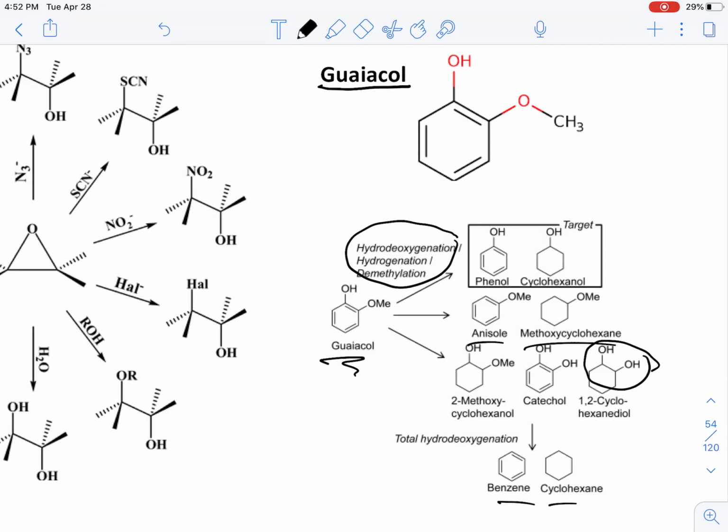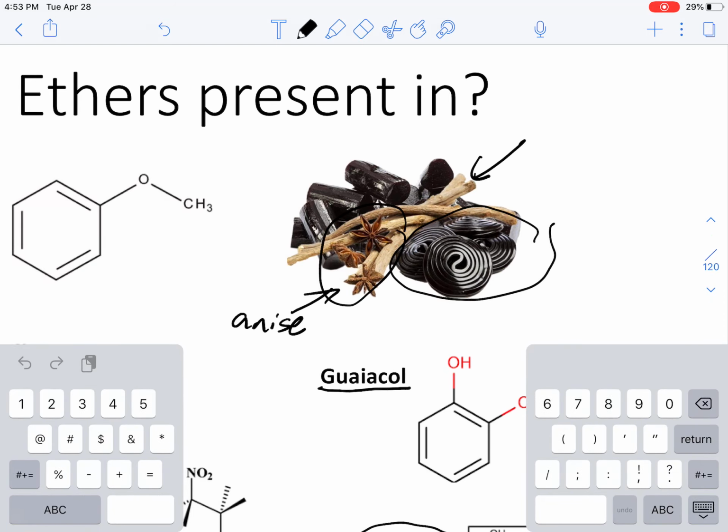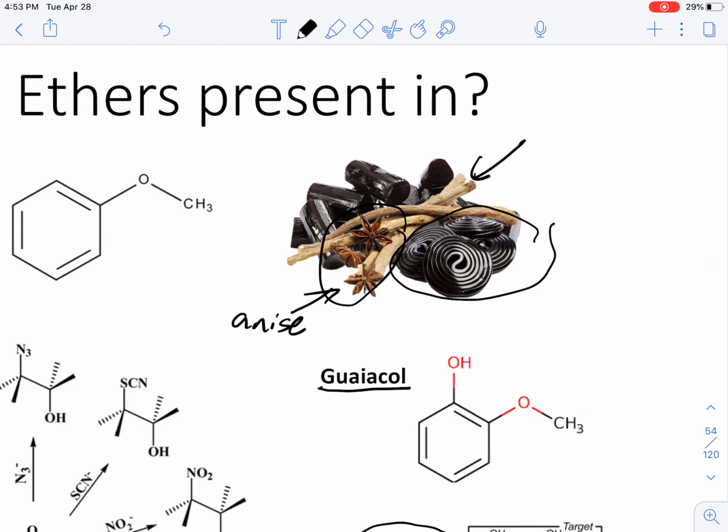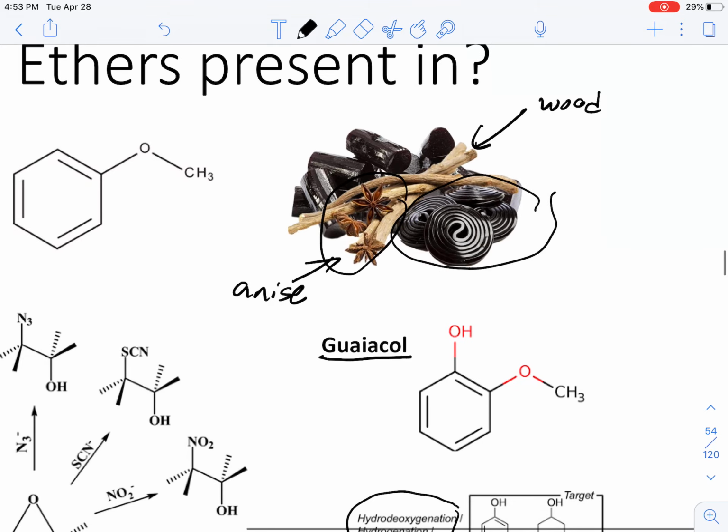However, the aromatic oil is derived from a specific wood. It's guaiacum wood. So this is the wood that I'm referring to. I can't pronounce these. And so this is anise. Star anise. Oops. So this is the guaiacum wood. And also traces of